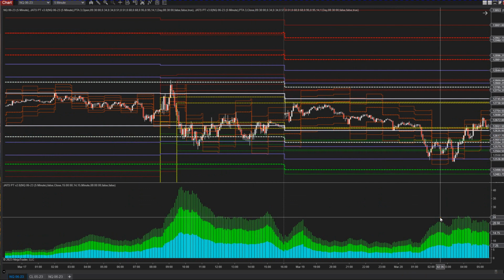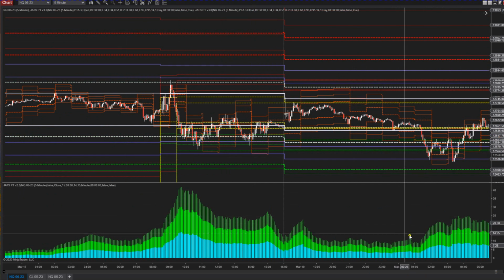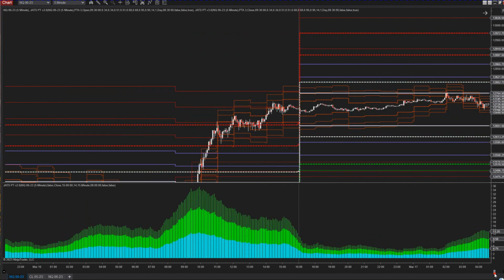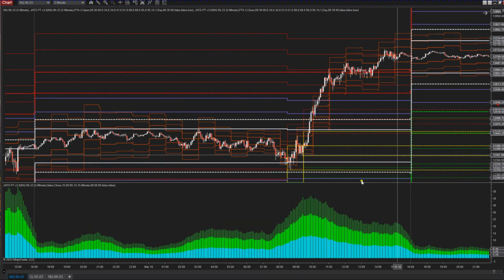So just having a framework of whether you're low, medium, or high volatility, and whether that range is expanding or contracting. If it's contracting, you're going to be staying inside those ones. If it's expanding, you want to be looking to go outside the one. So like right here, we had a nice expansion right here, got outside the one, and then after you broke it,